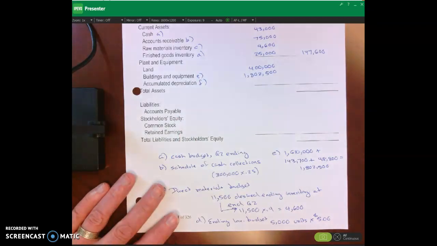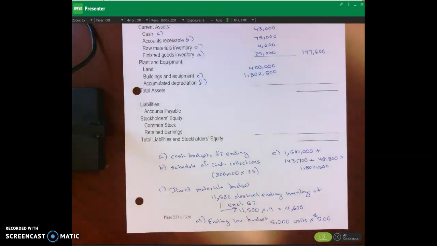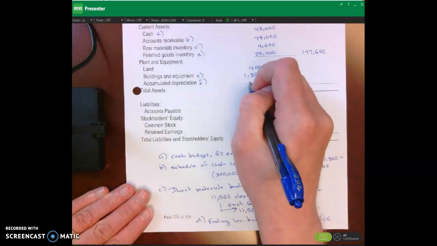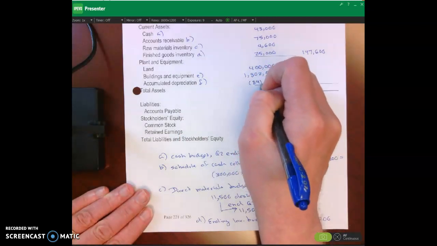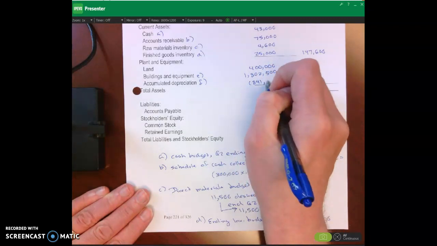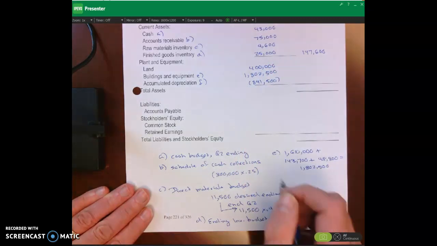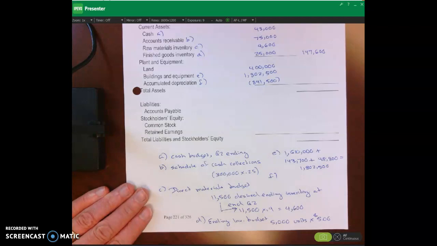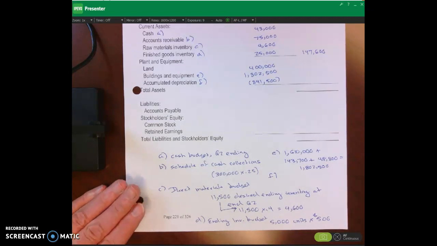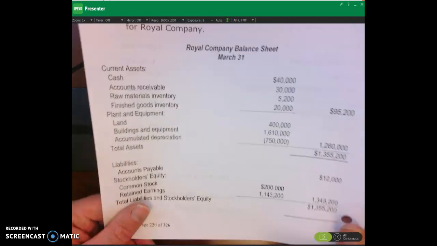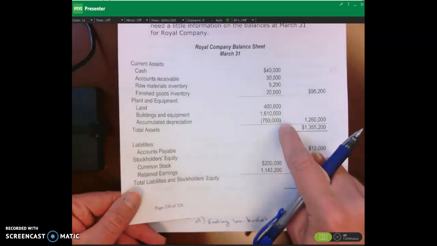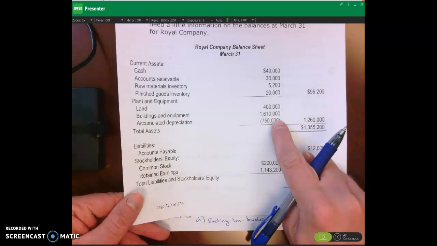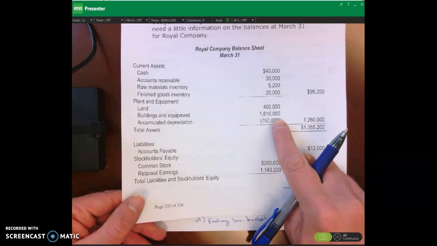F, which is my accumulated depreciation, a total of $841,500. And let's talk about how we got F. As I mentioned, we did not sell any equipment, but we do have some accumulated depreciation right over here. So we're going to take this $750,000